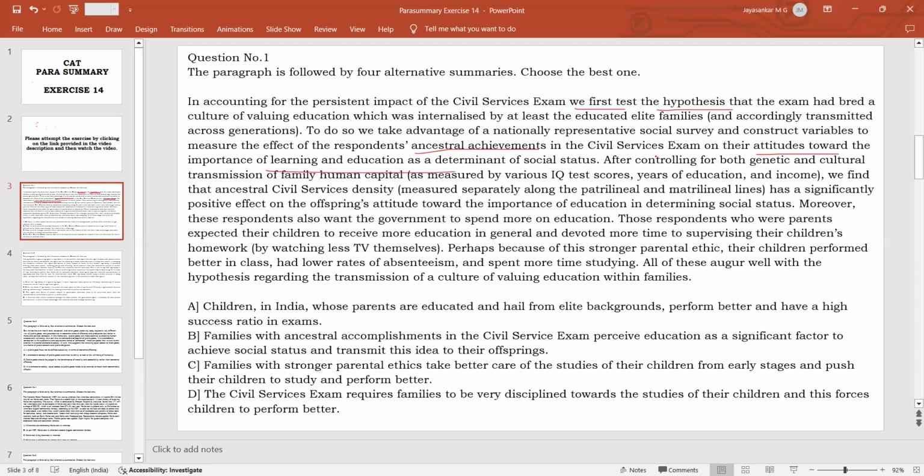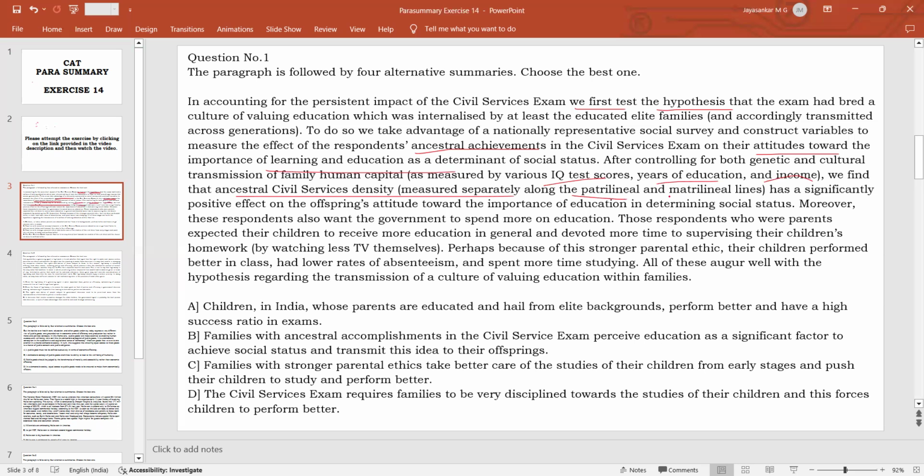And the survey was conducted after controlling the genetic and cultural transmission of family human capital, meaning after acknowledging that there are many other factors that affect your outlook regarding education, like IQ tests, years of education, income, etc. All these things were also controlled for. Then they found that the ancestral civil services density, meaning the accomplishment of any of their ancestors either on the mother's side or on the father's side,